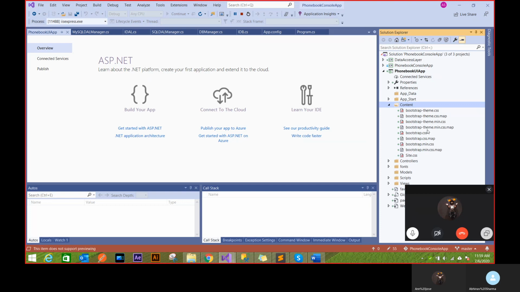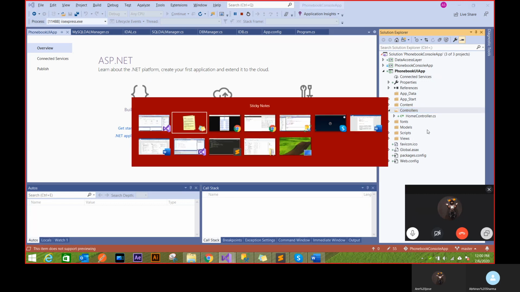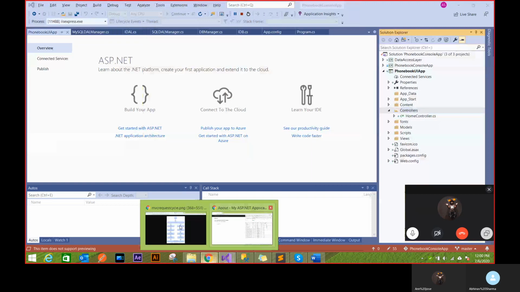Then the content will be the CSS part, the UI part, the way you define those components, the styling parts. Content will only have that. Then controllers will have all your controllers, which are at this part of the life cycle.